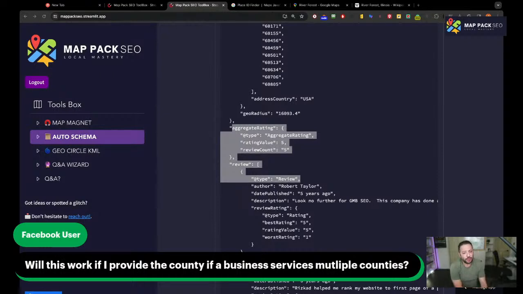You don't have to provide the county, actually. You provide just the place ID, and it will scrape the address. You put the radius, how big you want it, and it's going to create all of the city pages and everything. We do not list the county, and I don't know why you would choose the county to be listed in the schema.